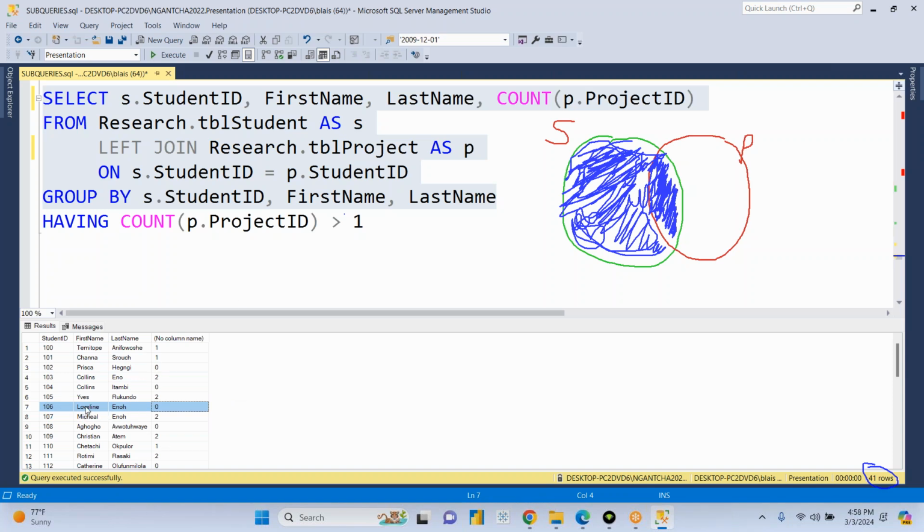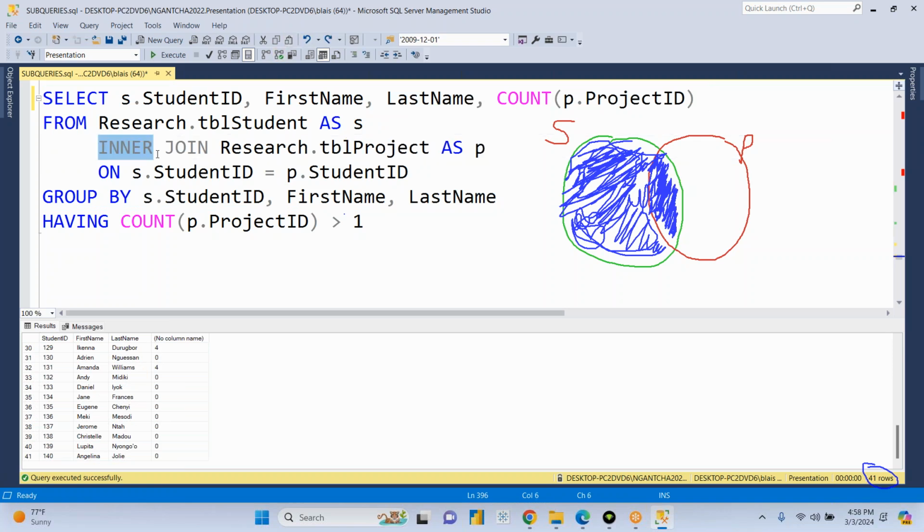So Loughlin, for example, Priska, all these students are in this outer spot, this part right here. Students with no project. The students with projects are in the intersection. So this number has grown, and you see 0 counts. If you're strictly looking at only students with projects, as an inner join, you do this,